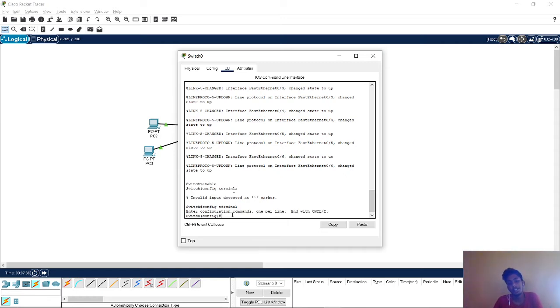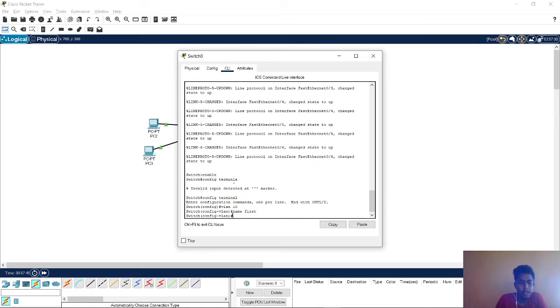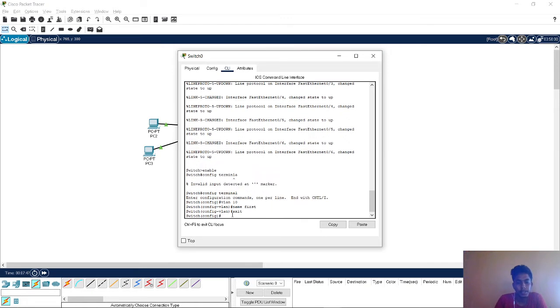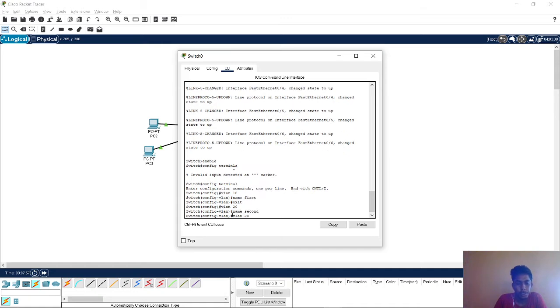Now we need to create three VLANs. The first VLAN is VLAN 10, I'm going to create it. The name of the VLAN is first, and then I'm going to exit from this VLAN. Now the second VLAN we are going to make is 20, and the name of the VLAN is second, and I'm going to exit from this VLAN.